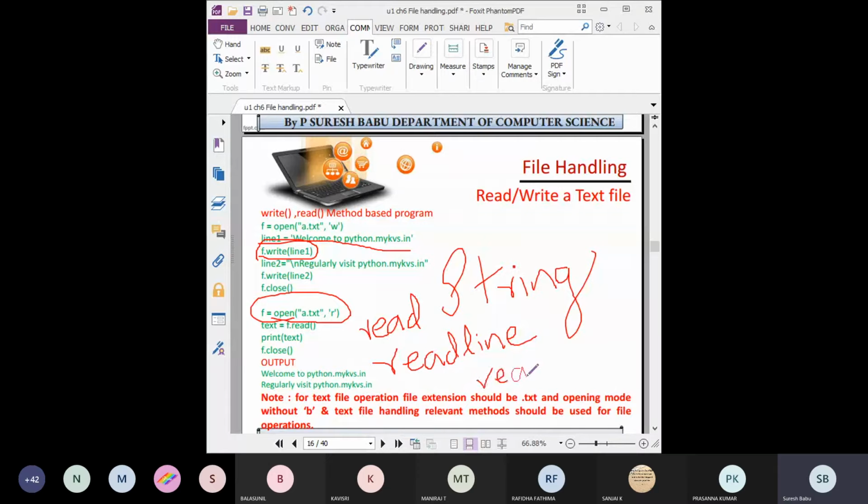All are different, so kindly do some practice with these functions and get a clear idea. Understood, everyone? If you use the read function, all the content from the file will be displayed on the output screen. But if you specify a particular number in the read function, only that number of characters is read from the file. If you specify 5, it will read only 5 characters. Understood, everyone?